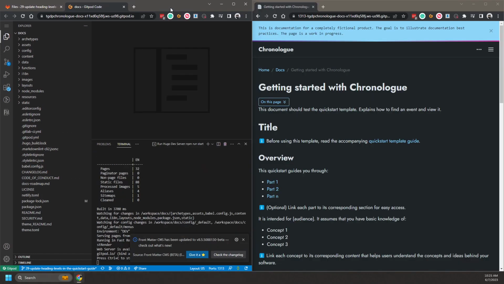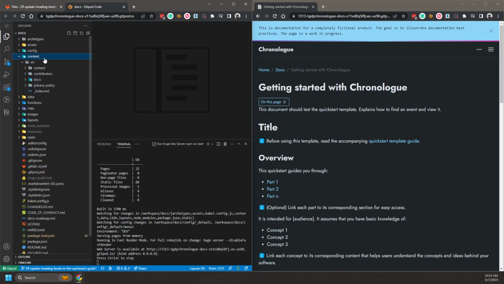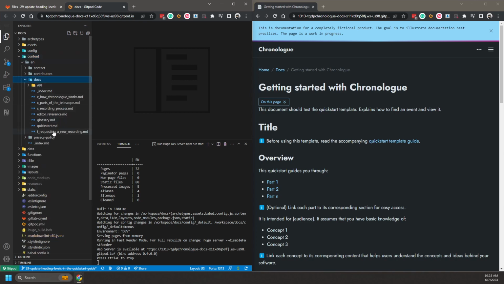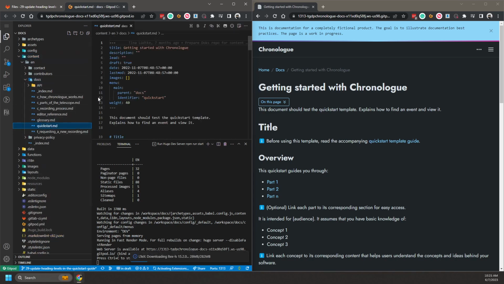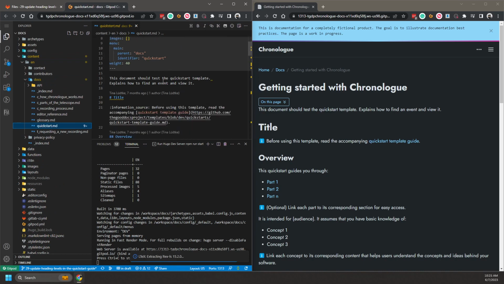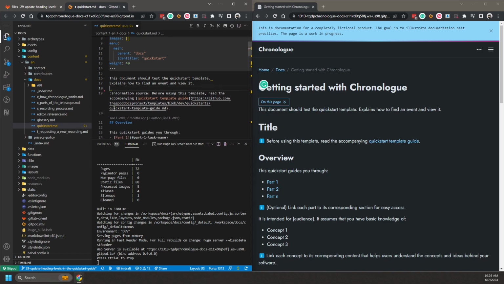So I'm just kind of using my shift key or my Windows key and left arrow to snap it over here. And I want to make some changes to this. So if I go to content, docs, quick start, this is the content for that. Here's getting started with Chronologue. Here you can see a little bit of text under the title, right? So that, and now I probably don't need this even in here because I know that that's already there,